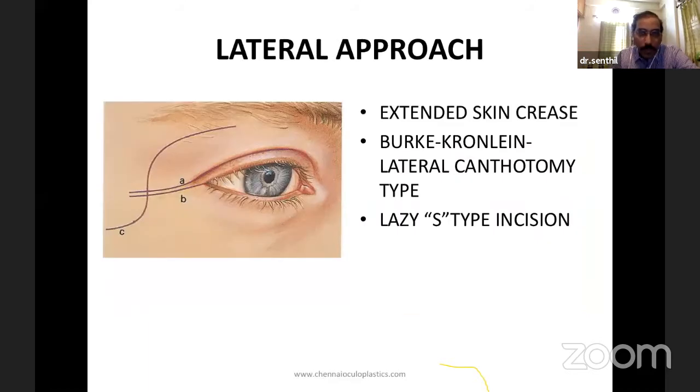Coming to the laterally placed incisions, which are very important from the exam point of view, you can approach the large tumors in the intraconal space through the lateral orbitotomy approaches. You can either make an extended lid crease approach like what I was telling you, or a lateral canthotomy type of Burke's Cronlein type of incision, make an extended lateral canthotomy incision, or you make a lazy S incision, which starts sub-brow and then extends all the way like this. So these are the different incisions which you can make to gain access to the lateral orbital wall and the